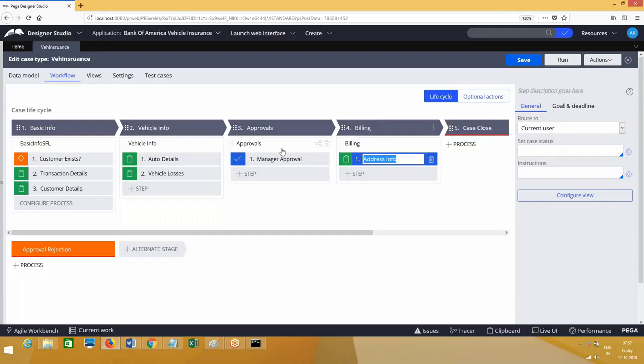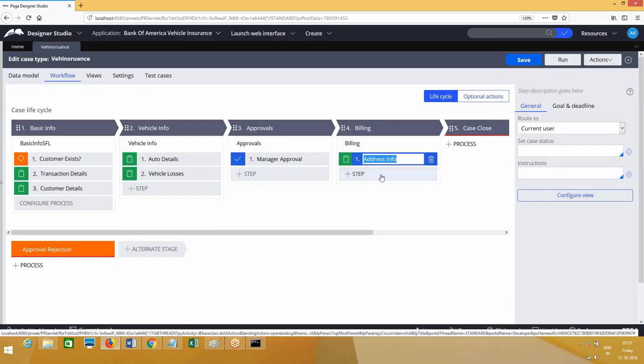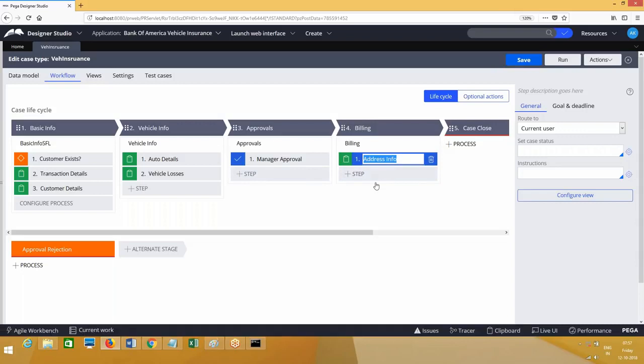After auto details, I want to jump to the second step of the billing address stage. By default, when a stage is executed, it will always execute the first step, right? My requirement is, after auto details is completed, change stage will execute and change to billing address, but here I want to execute the second step. Then how do we implement this? A combination of change stage and ticket.